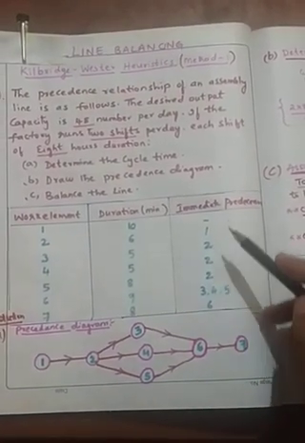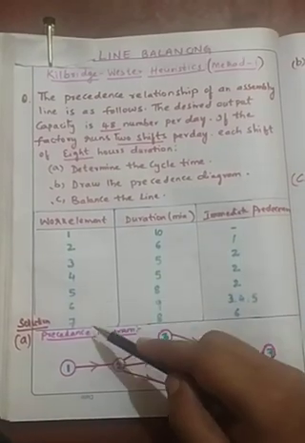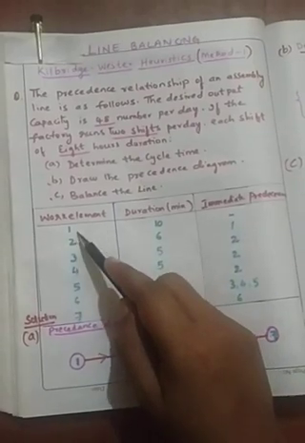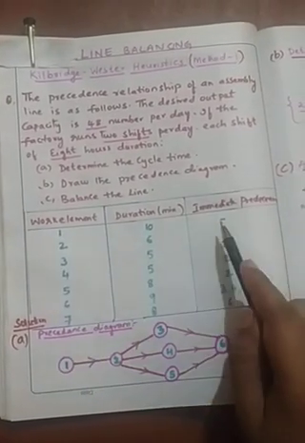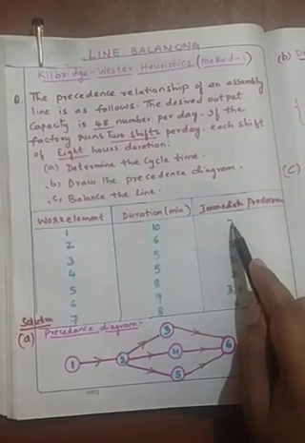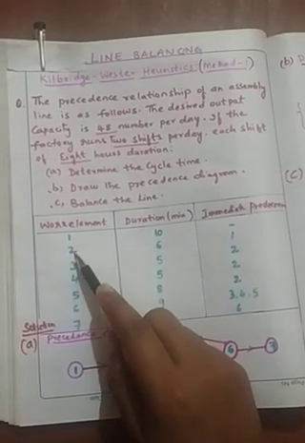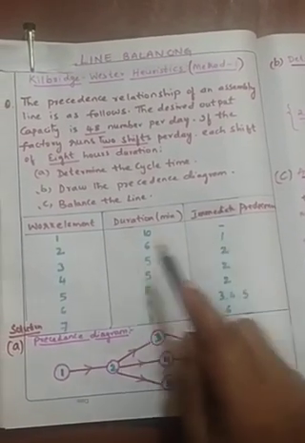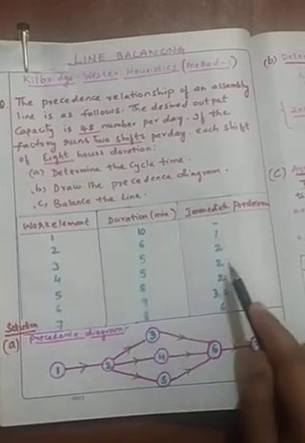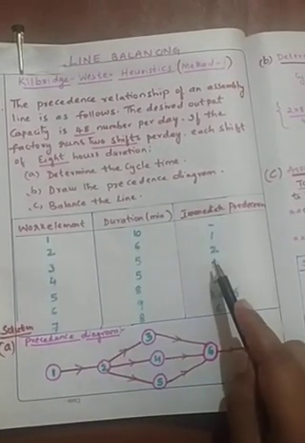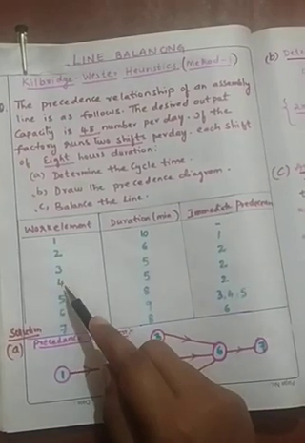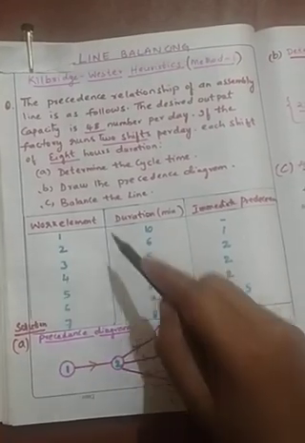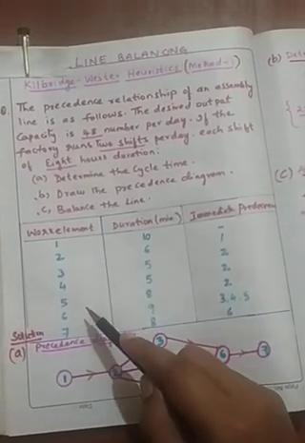the immediate predecessor. What is a predecessor? All these 7 work elements are generally interrelated or interconnected with each other. That means work element 1 can be started without any predecessor. There is no precedence given to us. Whereas to start work element 2, work element 1 has to be finished. Once work element 1 gets finished, then only the second element will start. Similarly, to start the third element, the second element has to be finished. Even for the fourth and fifth also, the second element has to be completed. That is, all these 7 elements are interconnected or interrelated with each other.